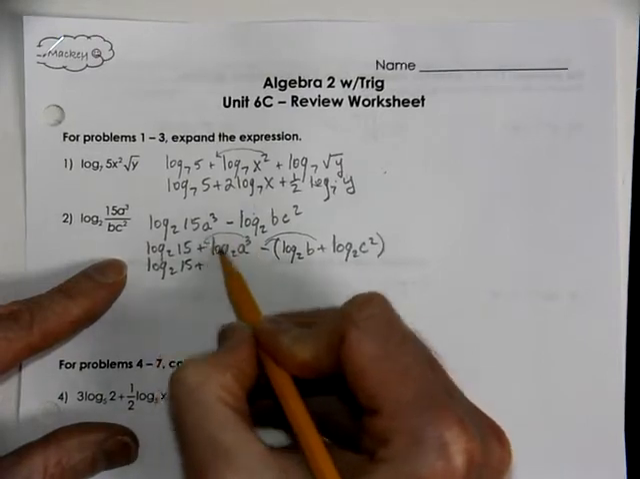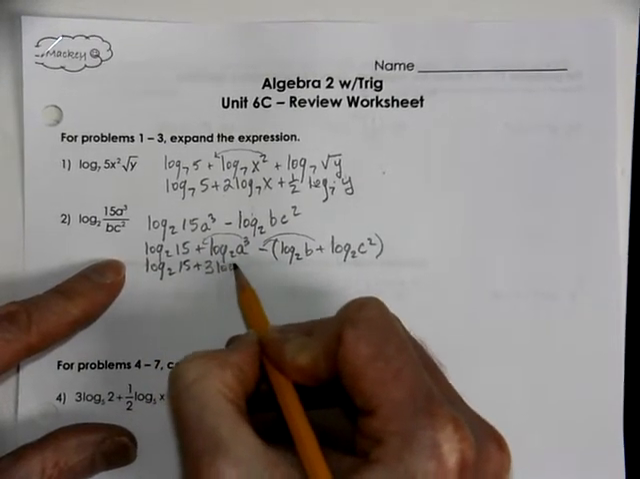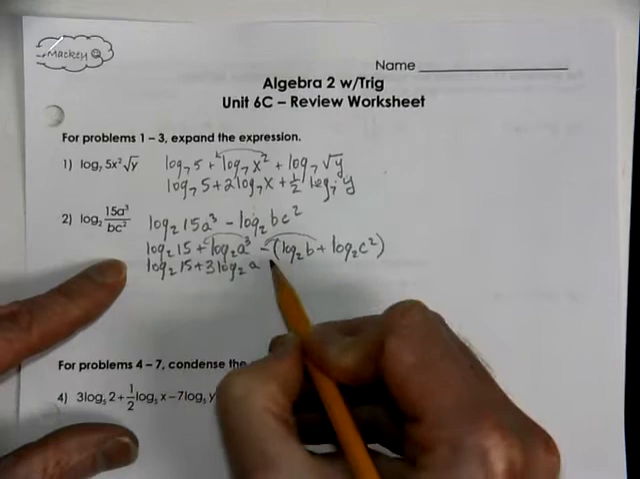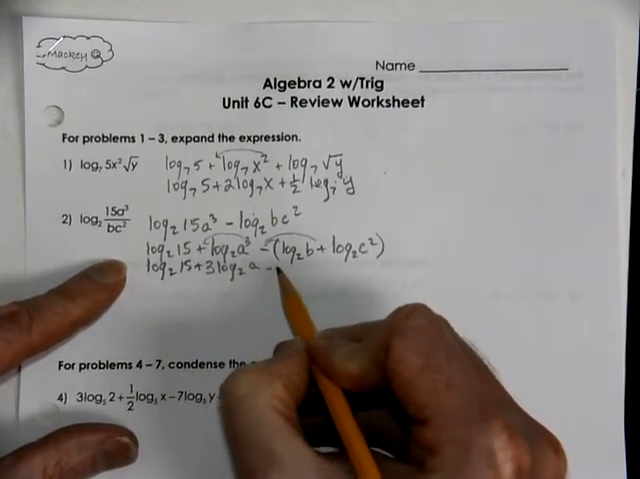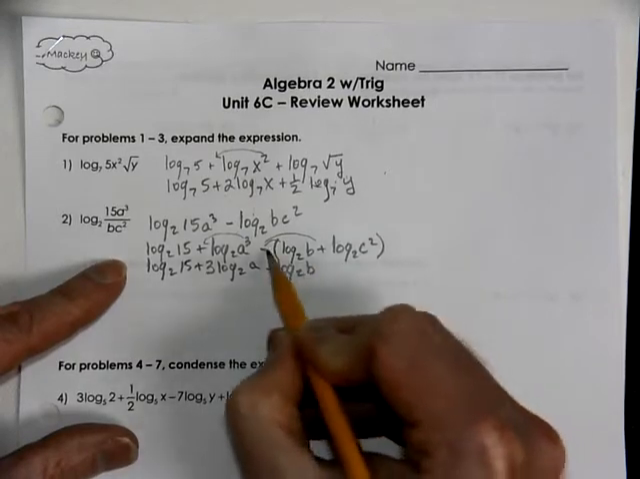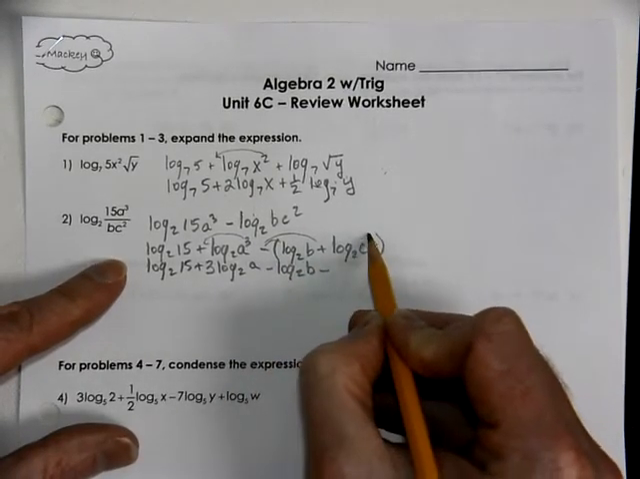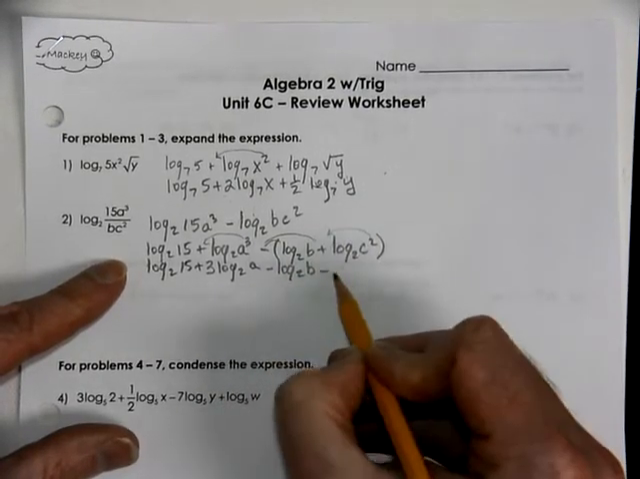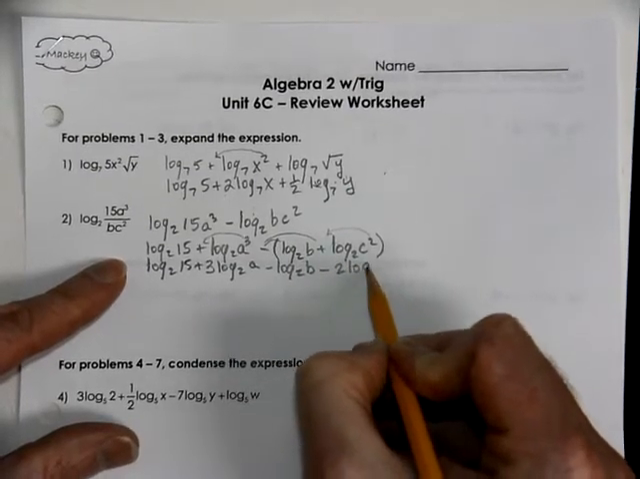We can bring the power up to the front. We would have negative log base 2 of b minus, bring the power up to the front,